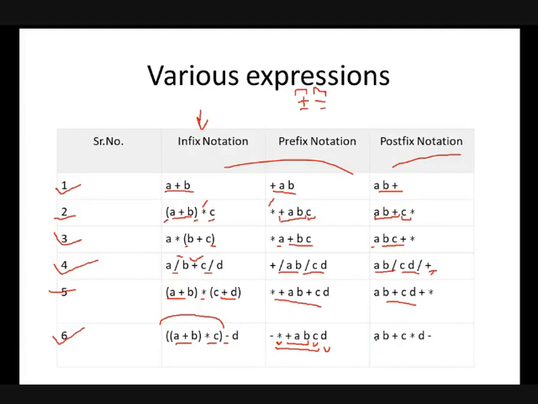Okay, so if we convert this expression into postfix form, let me tell you what you need to do here. You just have to underline it, and now this underlined thing is an operand, and in the second step you need to perform this multiplication, and you have the operand c, so here are two operands now: the first operand, then the second operand underlined, and the operator. Okay, so always the form will be the same. Now you have all this operand and operator sequence as a single operand, and the second operand is d, and the operator that should be applied here is